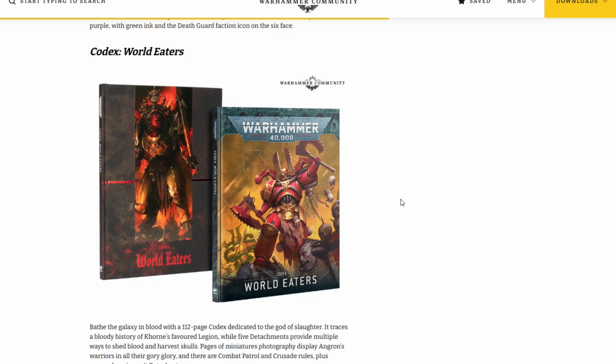And then moving on from there, we have the World Eaters. So we've got a dual release right here, 2 of the Chaos factions coming out in the same week. Surprised that Games Workshop decided to do this. I mean, it's super exciting for all the people that are excited for these, as the wait is finally over, but it's definitely going to cannibalize a little bit of the sales,